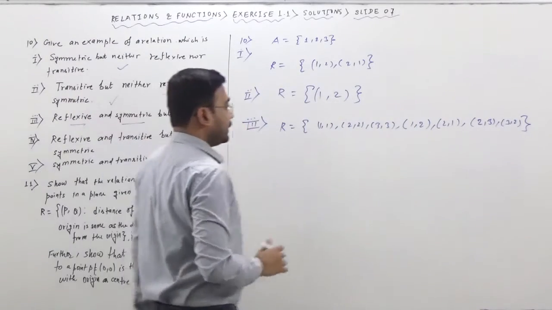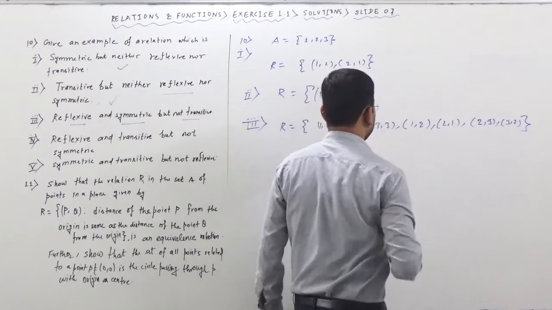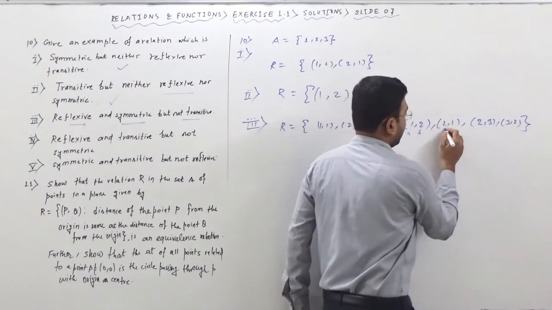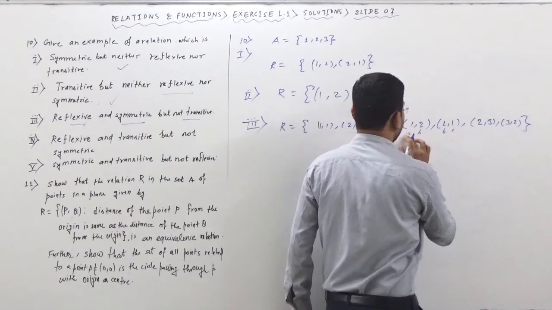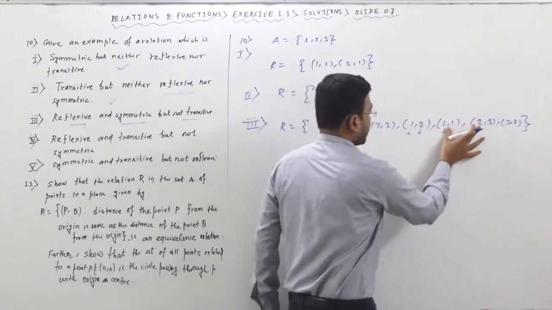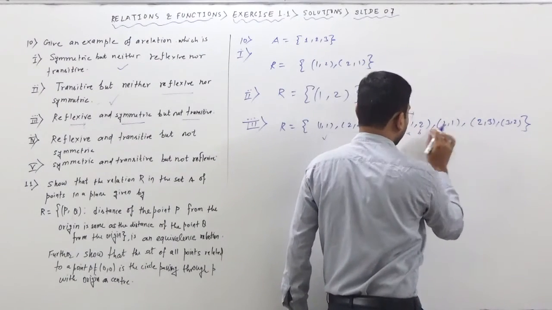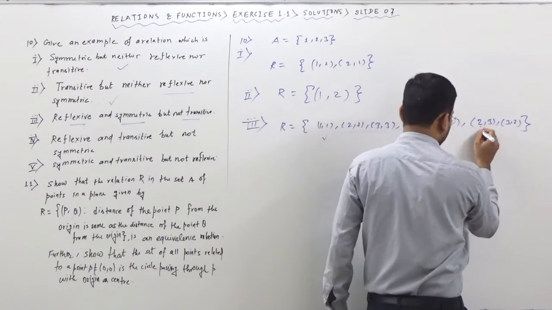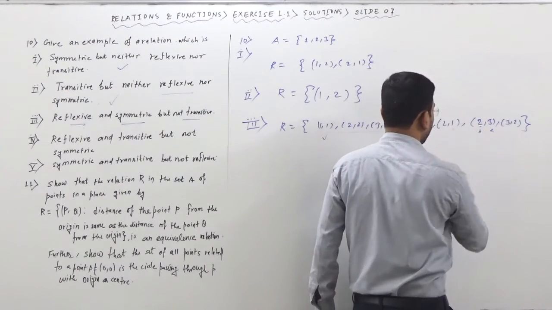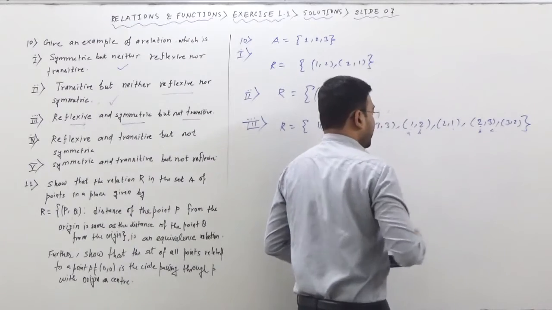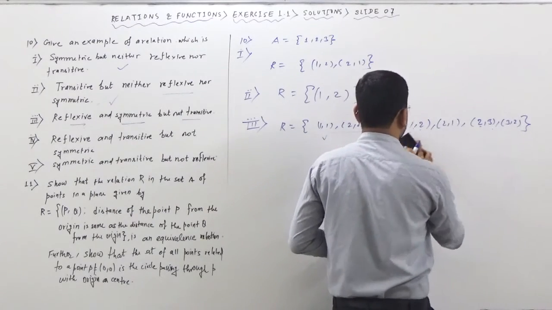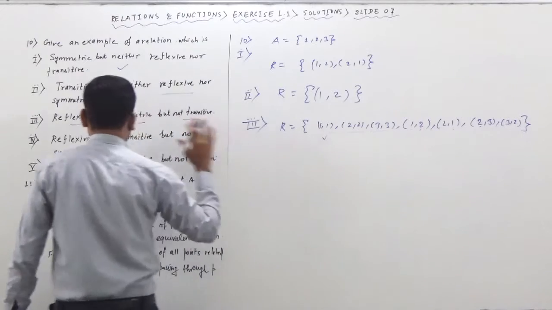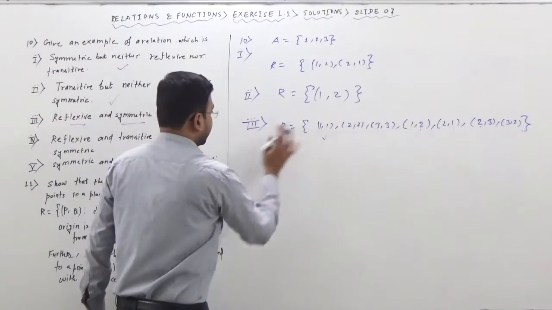Now is it a transitive relation? So we'll check it. Up to here there is no issue, right? So here we will check A comma B. This is like A comma B. This is B comma C, means A comma C is 1 comma 1. Yes, it is available. Okay, so we check this element for this one. Now 2, anywhere else? 2 is starting, yes, starting here. So here B comma C. So what will be A comma C? 1 comma 3. Is 1 comma 3 available in this particular relation? No. So this is going to be a reflexive and symmetric but not transitive relation.